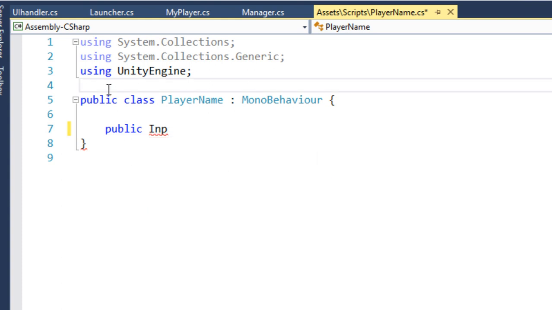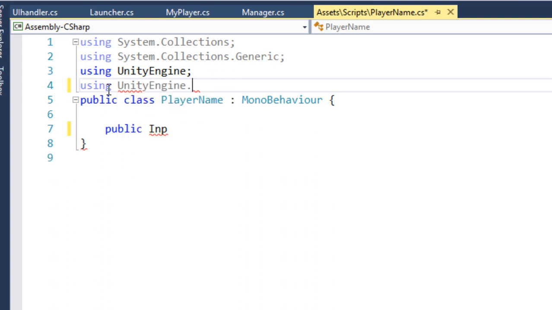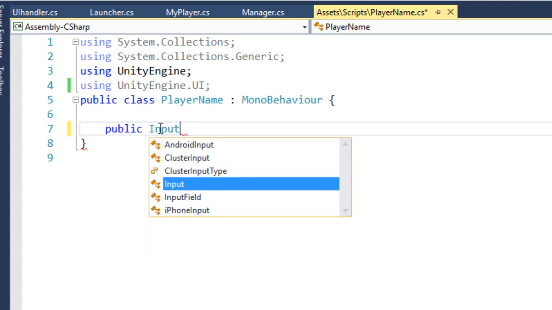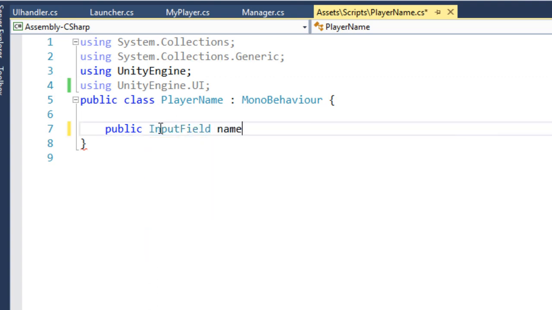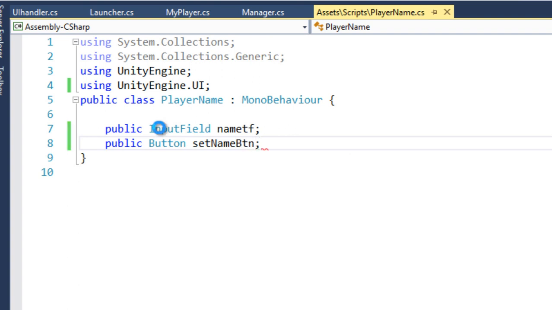To use input fields we are going to use the UnityEngine.UI, and now we can access the input field and let's call it name tf with a small, and also we are going to grab the reference of button. So public button set name btn,